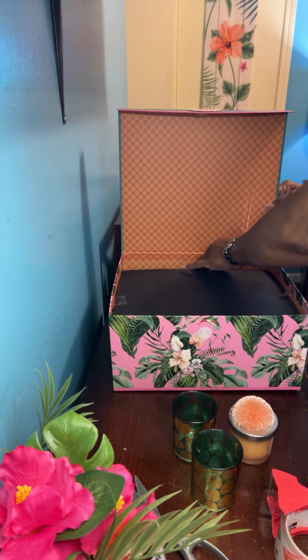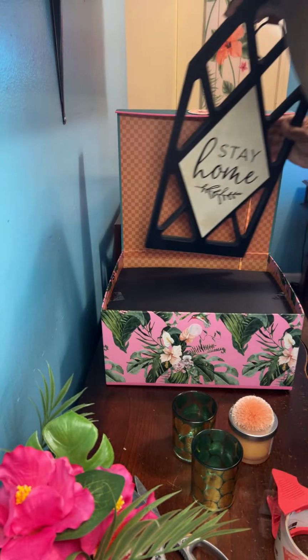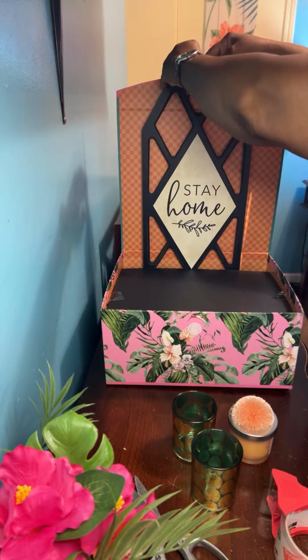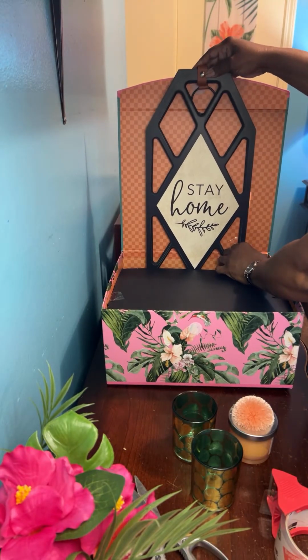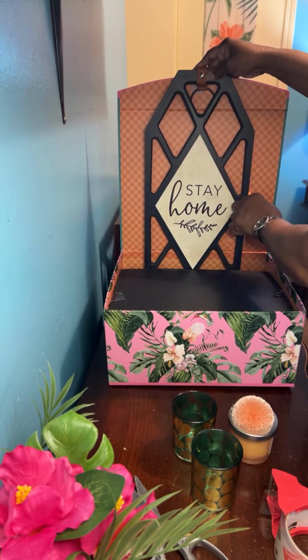Since I got it open, go ahead and stand my picture up. You see how much taller it is, guys? Much taller. Okay,